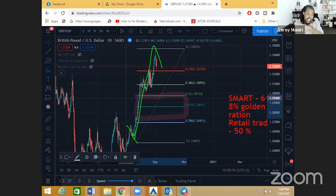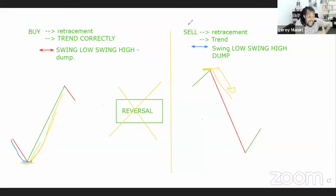The easiest way to do this, and I'm going to go back now to the whiteboard because it's very important, is you're going to have to think like a fund manager. That's how you trade. You're a fund manager for your account. Now, my brothers and sisters, let's say you got $200, $100 to $200, because that's what most respectable brokers start